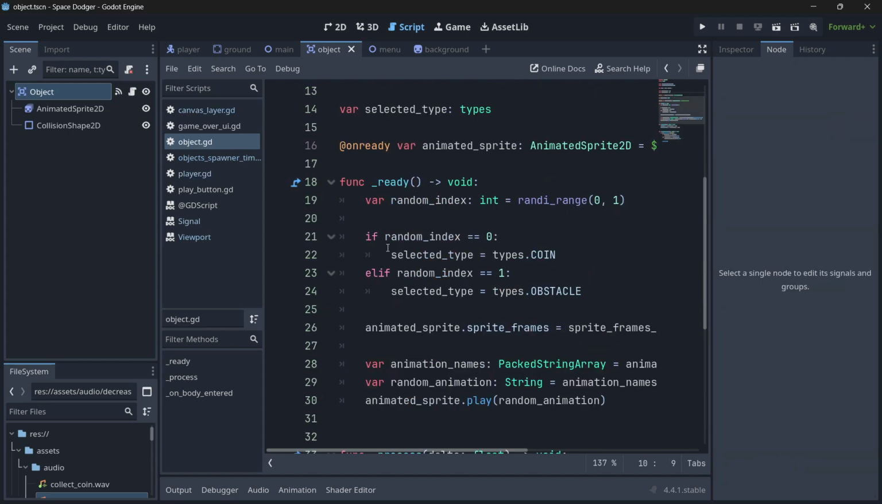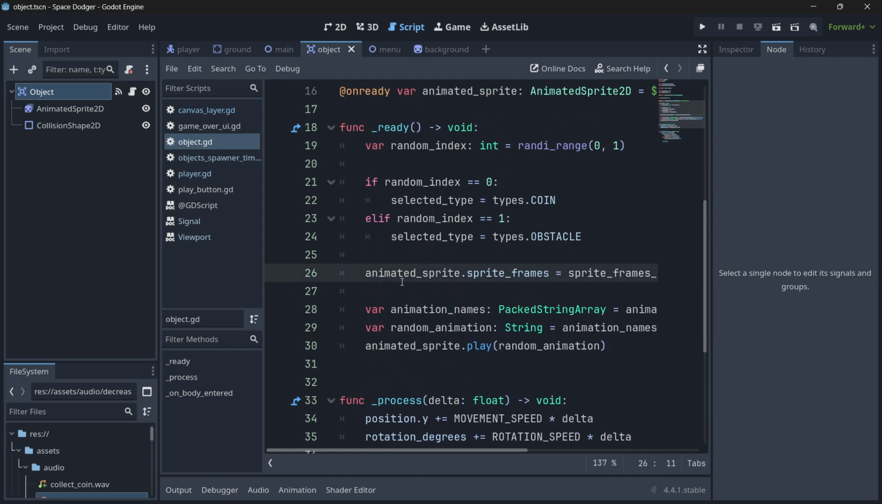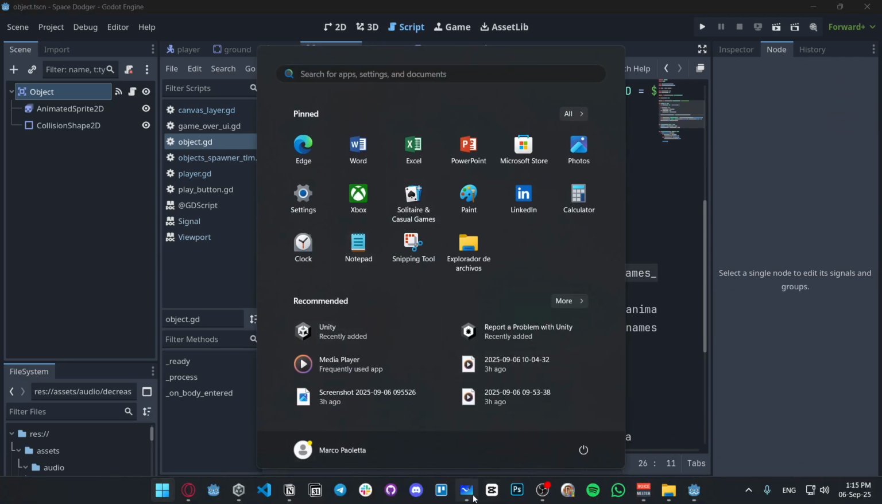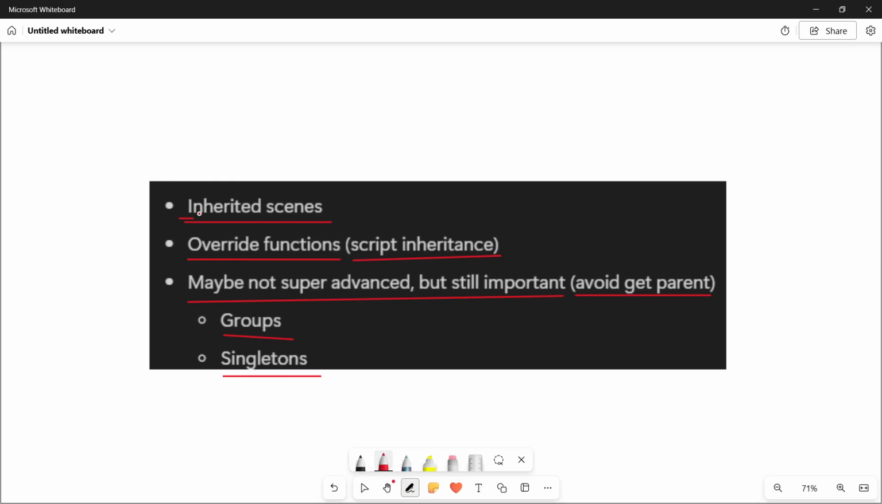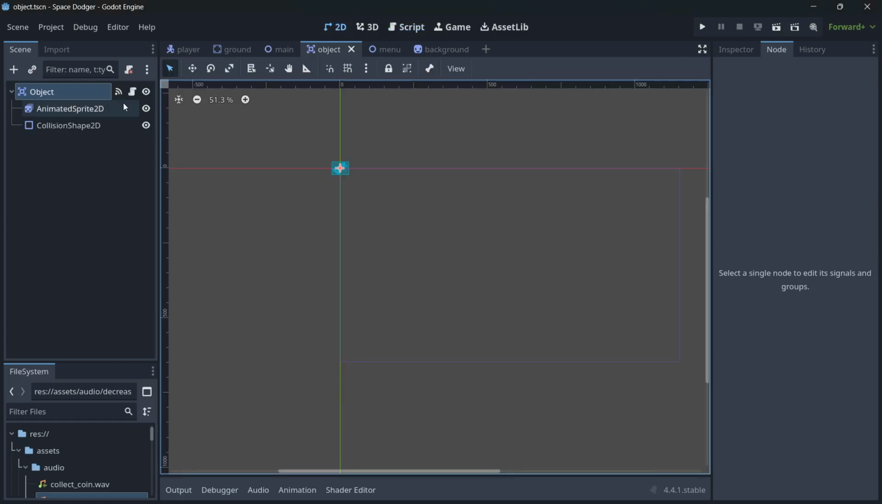Now, of course, the logic is not that bad, but it could be way better, and for this we're gonna be using some of the concepts that I've mentioned, specifically inherited scenes and overriding functions, which is basically script inheritance. So inheritance both in scenes and scripts. I'm gonna keep this object scene basically like this,